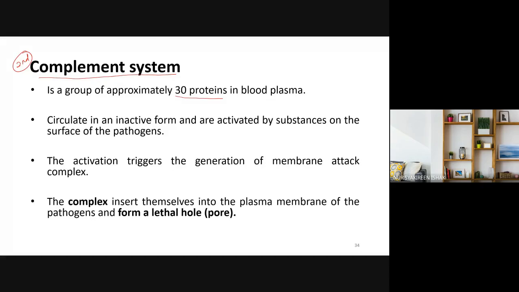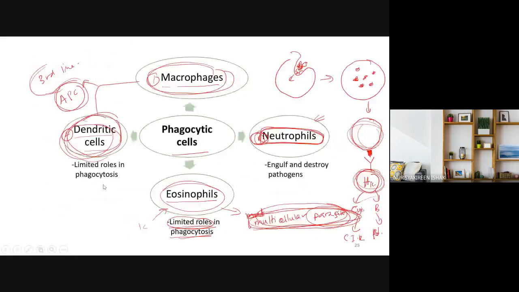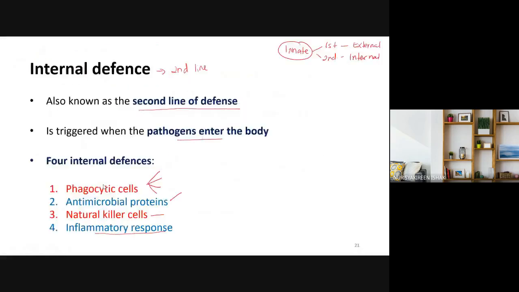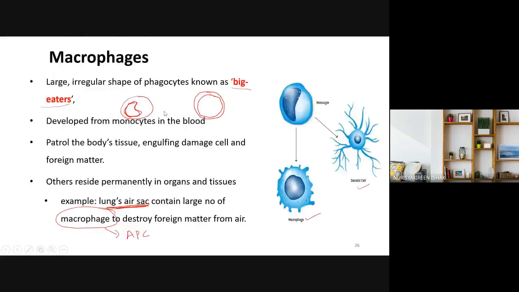Okay, so the activation triggers the generation of membrane attack complex. Okay, tadi kita tengok istilah apa yang tadi tu? Cellular counter attack. Cellular counter attack is phagocytic cell. So jangan confuse. Cellular counter attack, it involves phagocytes. This one, okay,